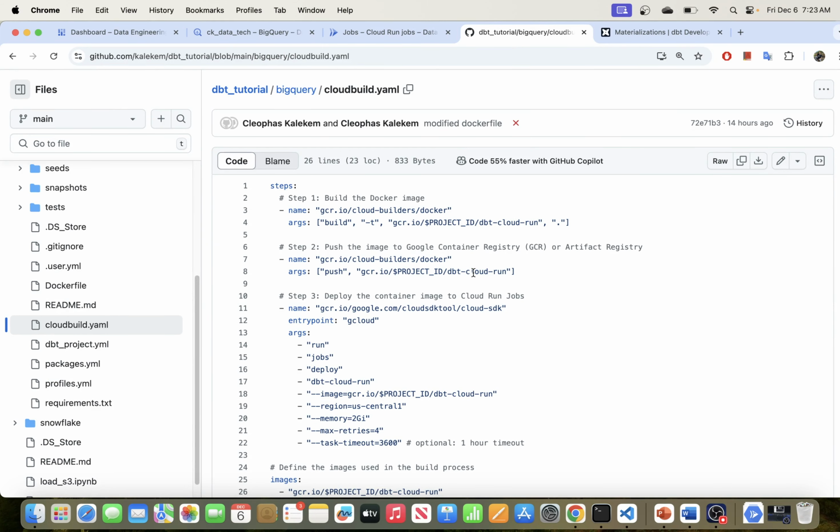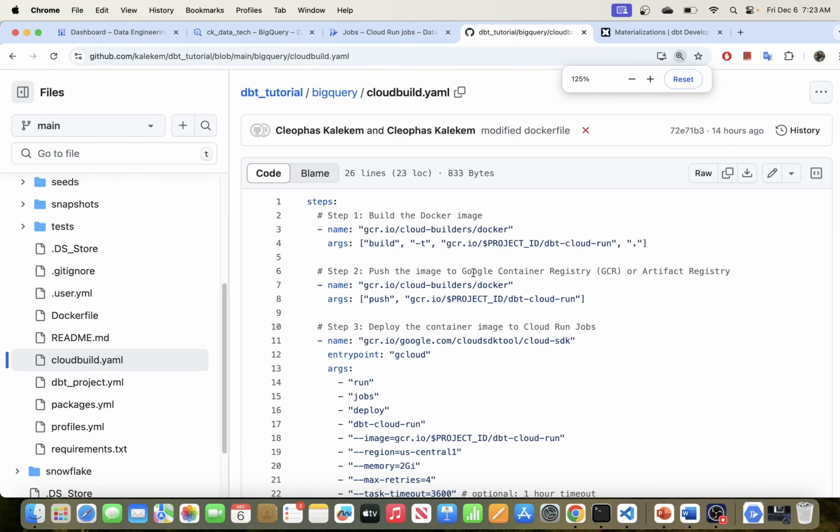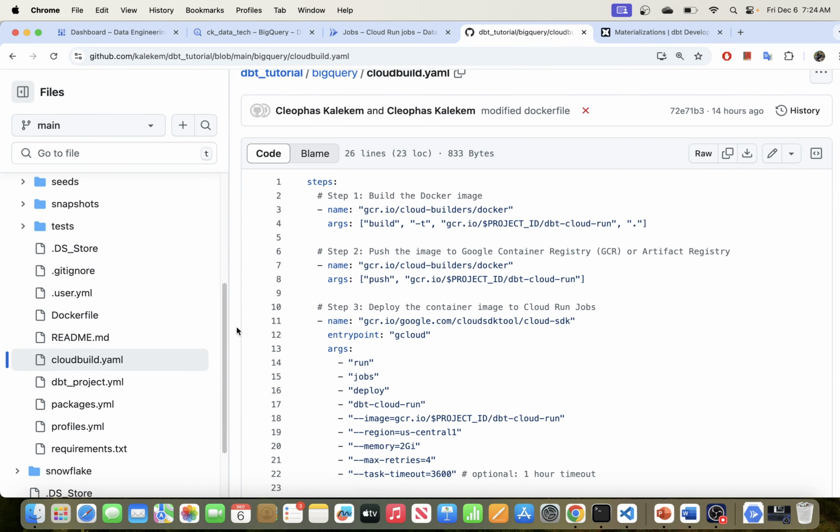Basically, what this cloudbuild will be helping us with is it's going to build our Docker image, the Docker image we've defined here. It's going to push and build it in the Cloud Registry,